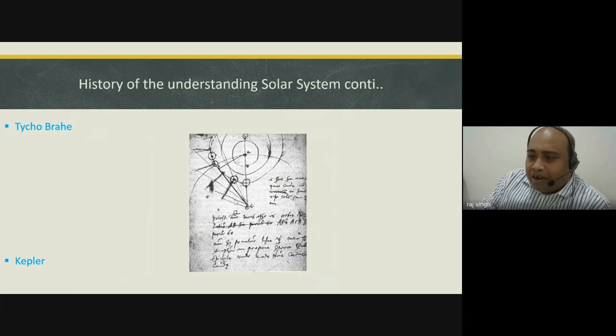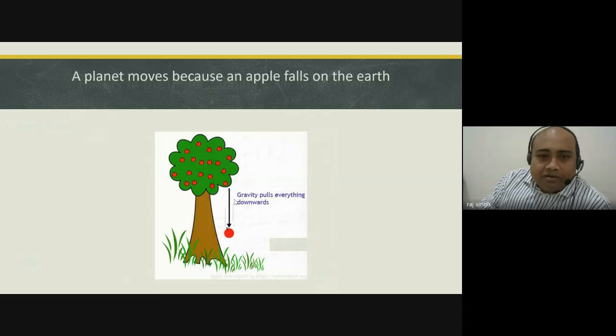And from Kepler's law, we know all the planetary motions, three Kepler's laws. We are the STEM people, we know it. So I always say a planet moves because an apple falls on the earth. It means the gravity which causes the apple to fall on the earth, the same gravity works to move our earth around the